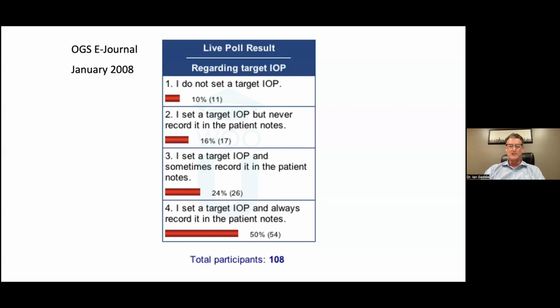And some of our education, we did some polling. You can see this is 15 years ago, but still, we asked 108 participants what they do about target pressure. And as you can see, about 10% don't set a target pressure. Another 15% set one, but they don't really record it in their notes, which means they didn't really set a target pressure, because unless you're just like a complete savant and you can remember every patient, what their pressure was and what their target pressure is, if you're doing that, you need to be counting cards in Vegas and not